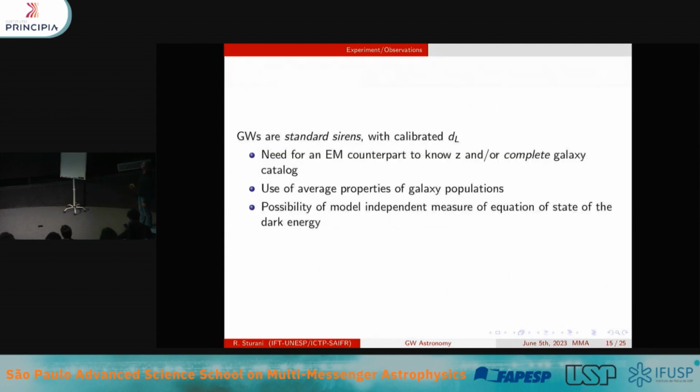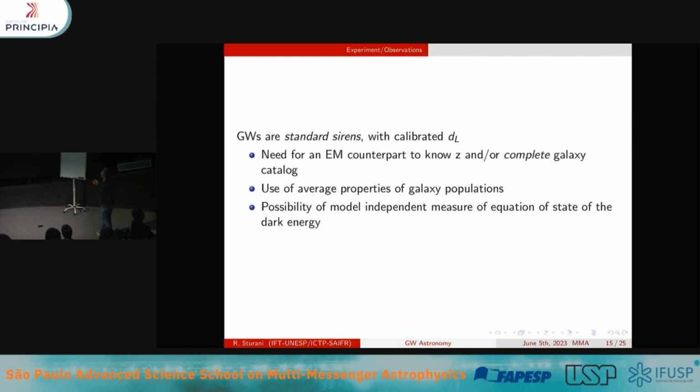Okay? So the idea is that we need something that gives us redshift, and typically it's an electromagnetic counterpart. But again, most of the objects we see are black holes, and black holes do not emit light, more or less by definition. Of course, if they have some stuff around them, but this is not AGN, which are huge, million, billion solar mass black holes sucking a lot of gas. These are kilometer-sized black holes, 10 kilometer-sized, 50 kilometer-sized black holes. You don't expect there to be much matter around them, okay? So you need something else that gives you